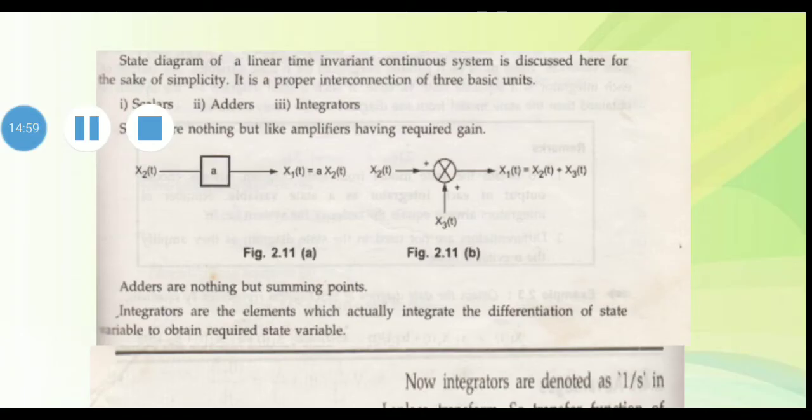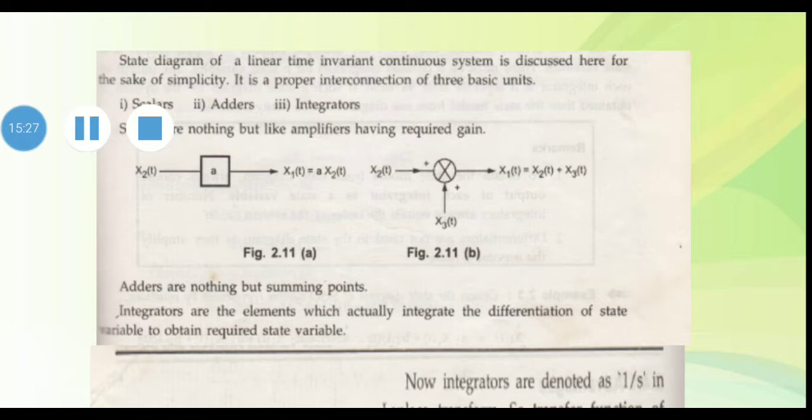Now we'll see the state diagram representation. What is that? It is a pictorial representation of the state model derived for the given system. It forms a close relationship amongst the state model, the differential equations of the system and its solution. It is basically a block diagram type approach designed from the view of programming of a computer.